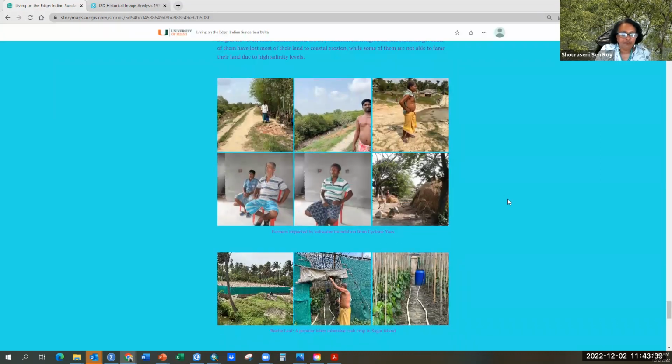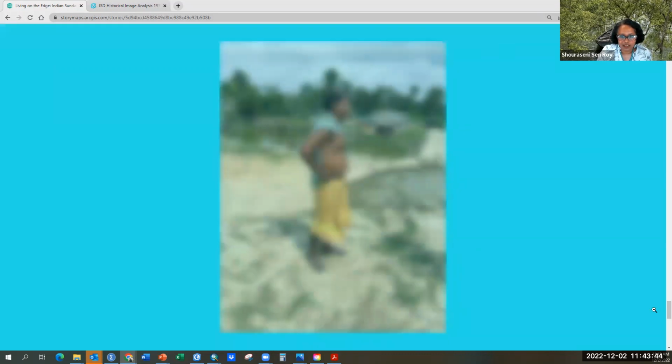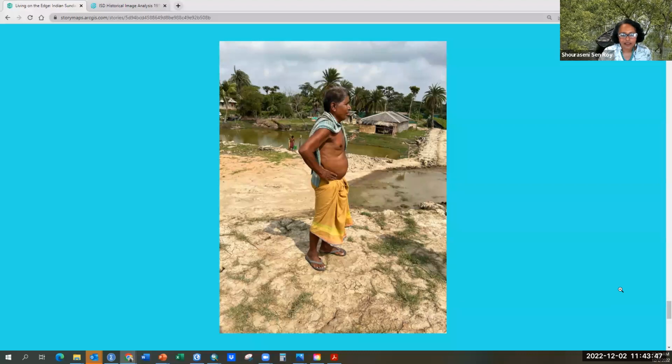So let's look at some of the other activity, which is the farmers. I'm going to talk about this guy. He said he was in his late 70s or early 80s. This is the embankment he was standing on, and right here is his land. He started crying because he said he has moved 4 times in his life. He's constantly been moving inside because of erosion, because of, as they call it, the ocean eating up the land.